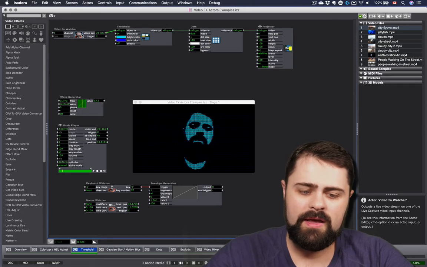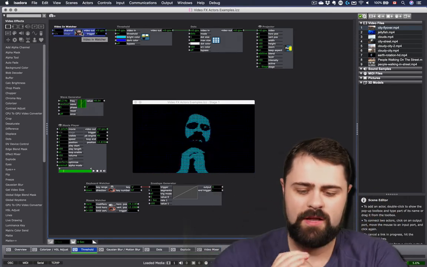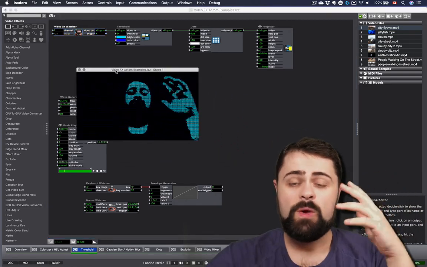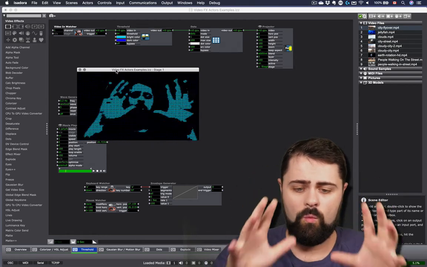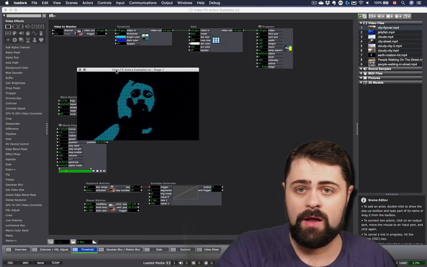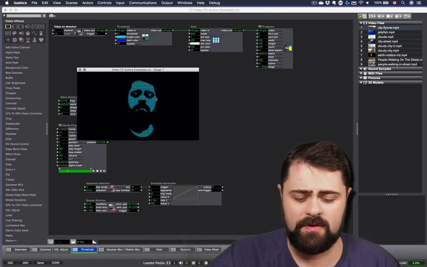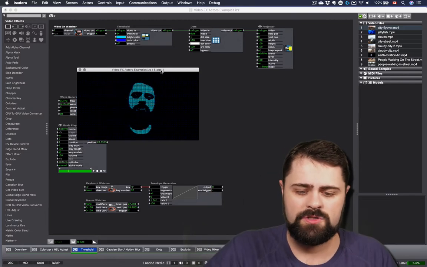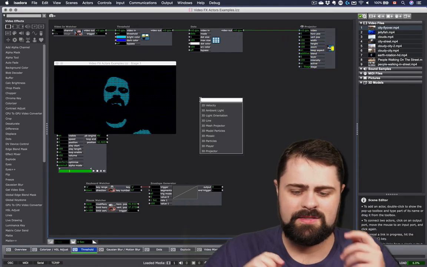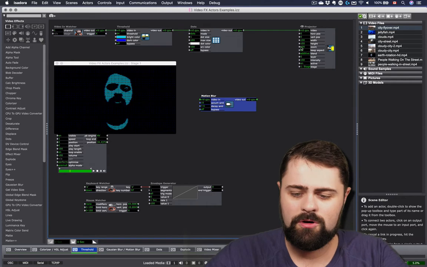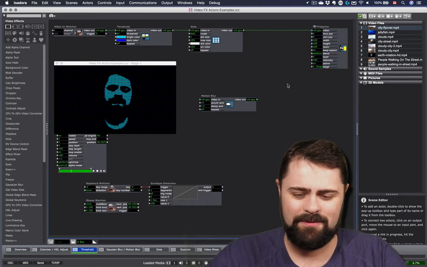This is how we unlock the full creative potential of Isadora, because we can build chains of all of our actors from one to the next, combining one and another and another and another, and building the effects on top of each other successively to produce something more. Let's try this. I'm going to now add into this chain a motion blur. I don't know quite what's going to happen when I do this, but I'm curious to find out.